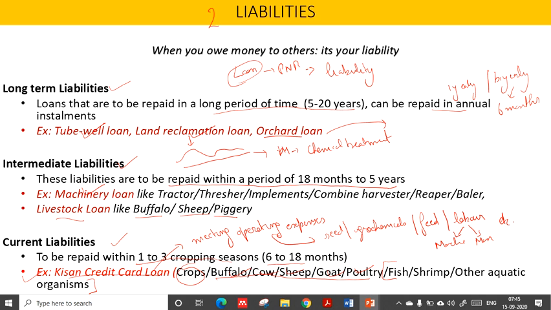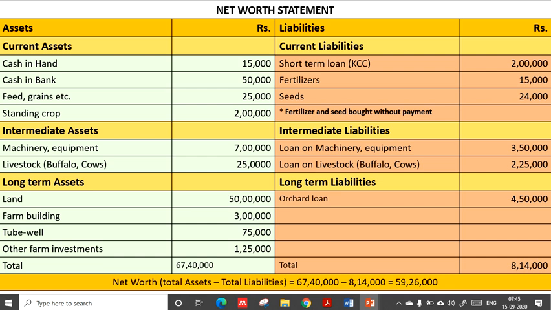So these are the major two parts: assets and liabilities. Both are of current, intermediate, and long term type. Understood? Then comes an example. On the left side, this net worth statement is a standard net worth statement. On the left side you will have assets, and on the right there will be liabilities. We will again divide them into parts: current first, intermediate second, long term third. Current liabilities first, intermediate second, long term liabilities third. This is hypothetical, that means this is just made out of my mind, nothing else. I also took some idea from a book.